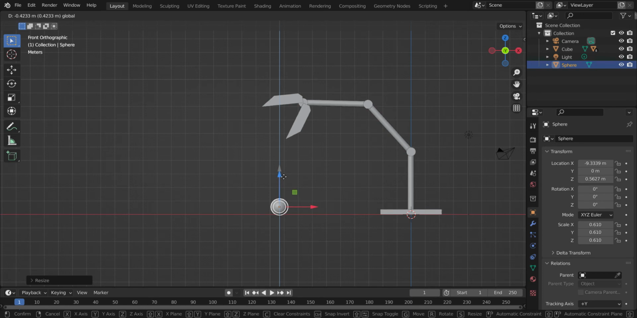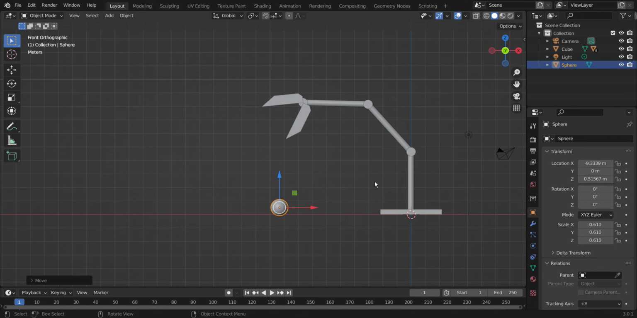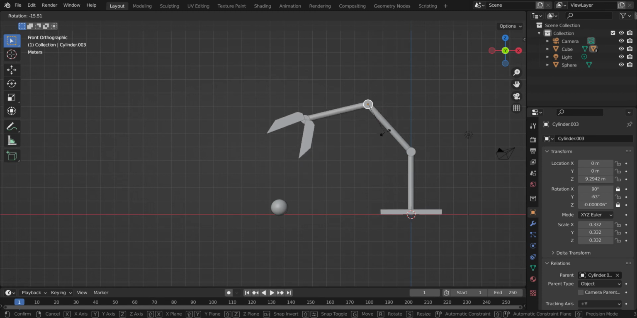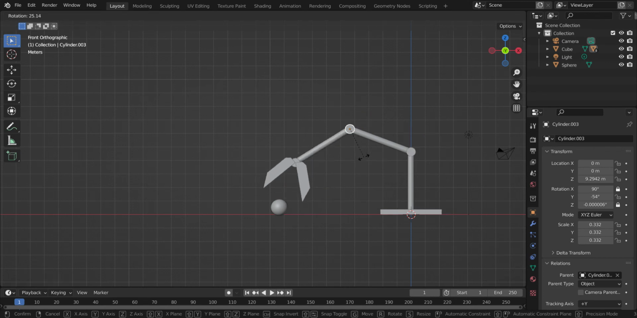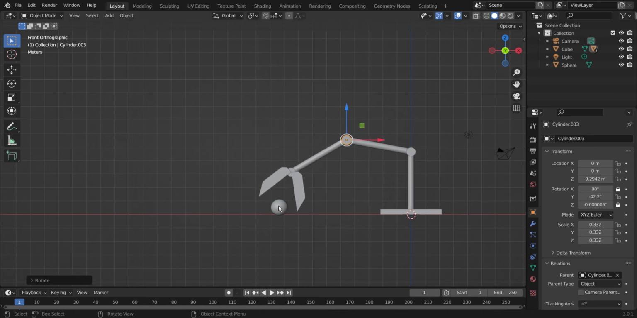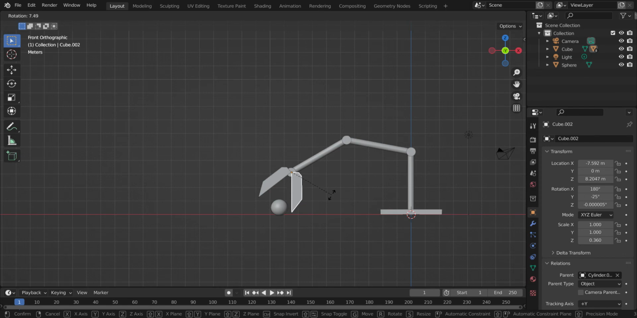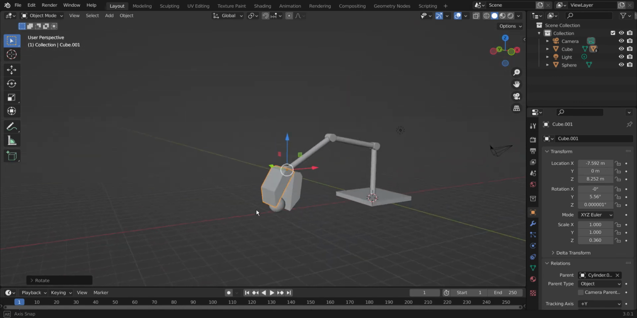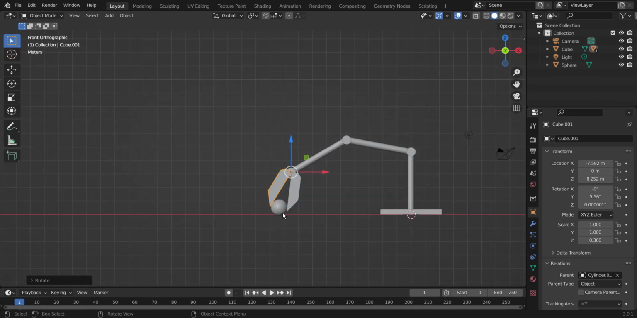Okay, I want my robotic arm to pick up this object. I can simply parent it to the arm, but I'm not going to be able to animate this. So the best way to do it is, let me just put this right here, like so. Yep, it looks great. So I'm going to select this ball or sphere, and I'm going to go to where it says